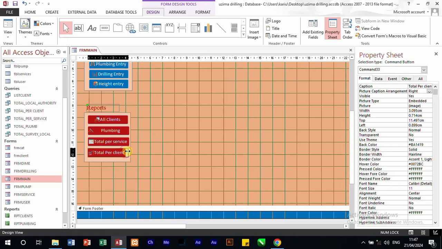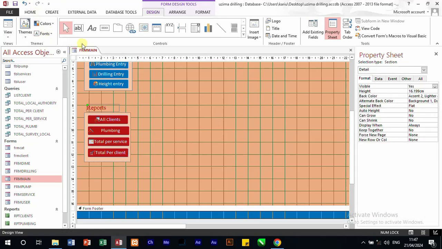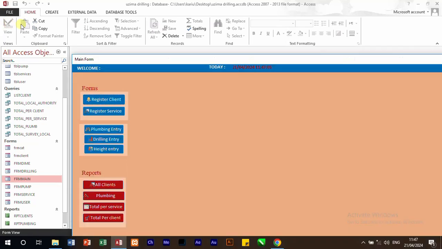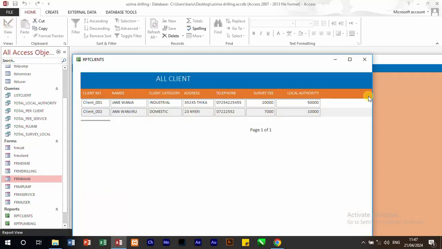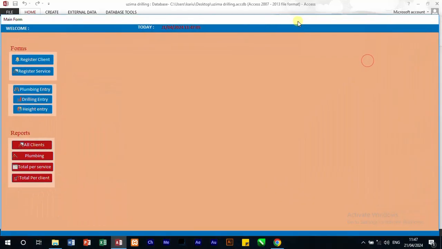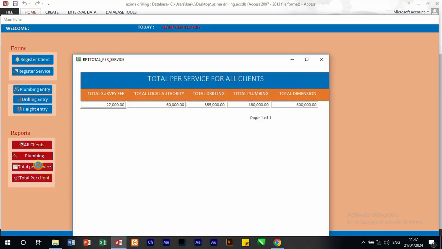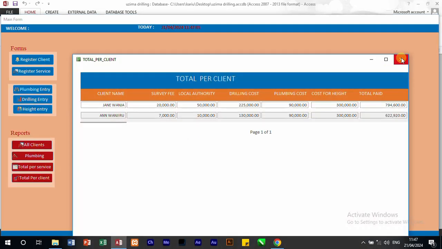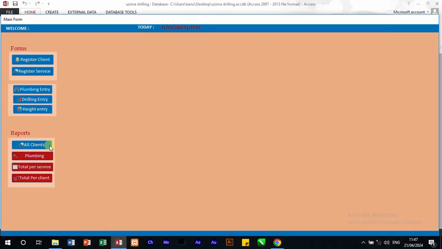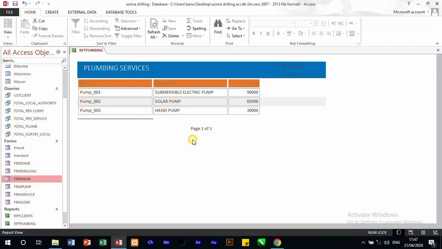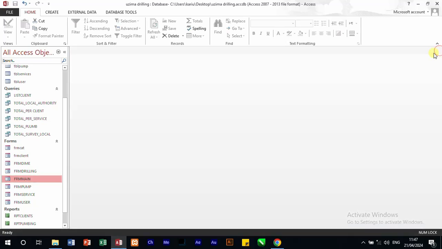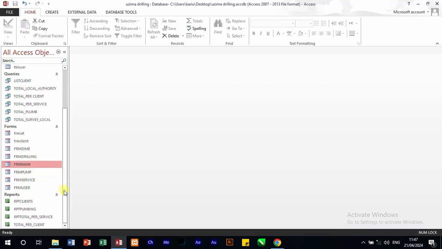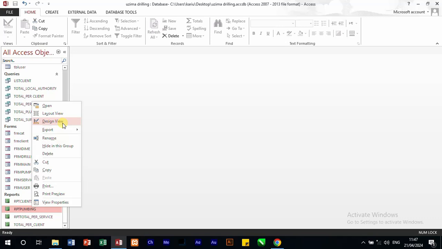So once you do that, you can now come here and open your report. Then when you click here, you'll be able to see the report. The reason why this one is not displaying is because you have not set the properties. So you come here and then you come to design, and then here you're going to put it